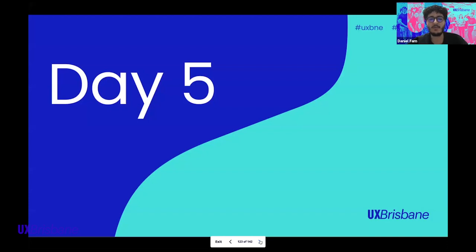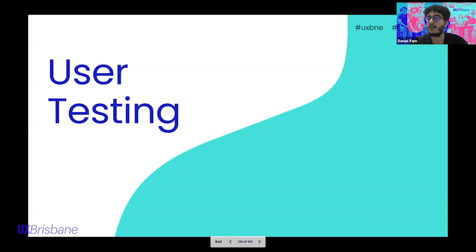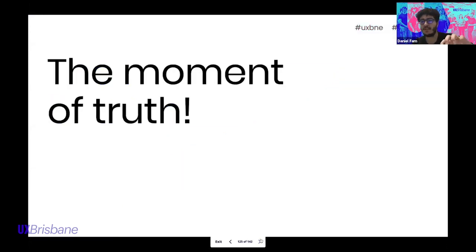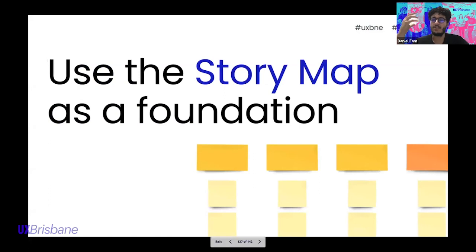And the best way to do that is through using the story map that Hans mentioned as a foundation. So if you go through your story map, you'll see, okay, we're going to discard these certain features. We're going to discard these certain features, but we're going to want to test feature A, B, C, and D. And how we're going to do that is by writing a scenario and a task.